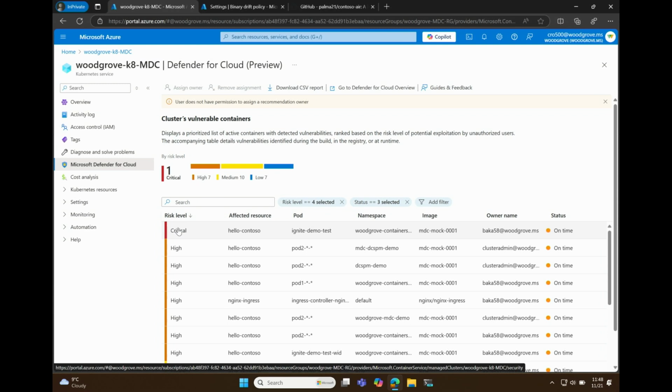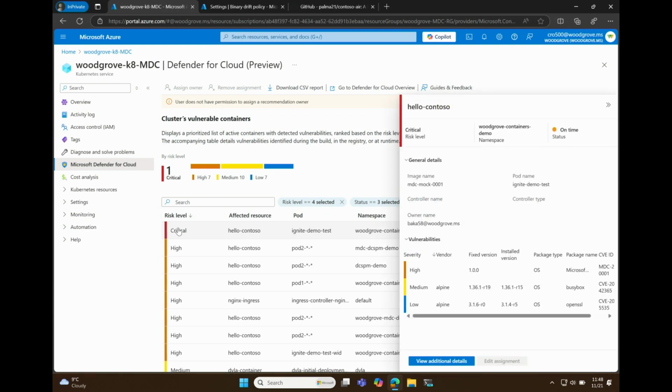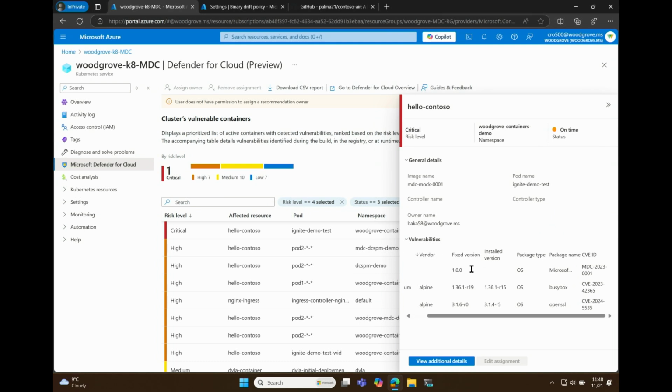And so I can actually understand by clicking on it, I can actually see, all right, the reason that this is a high security or a high critical vulnerability is because of this specific package that has been installed. There's this CVE that's associated with it.